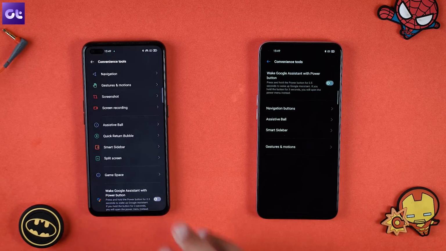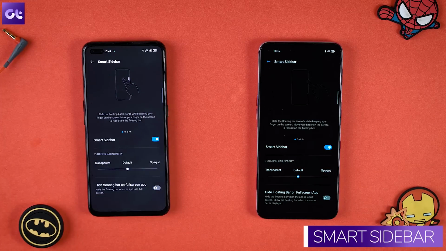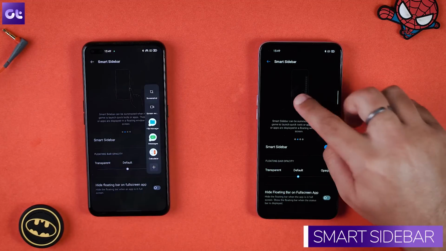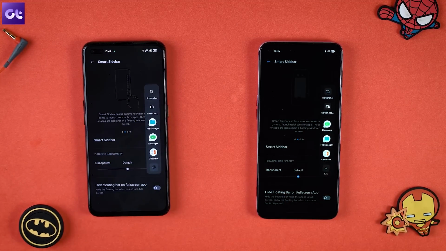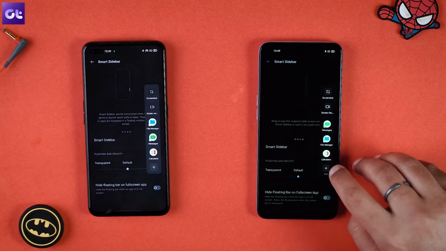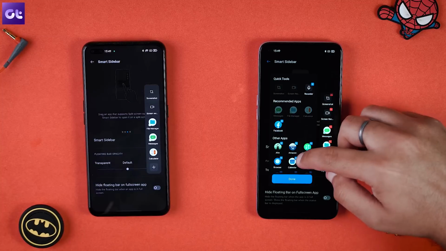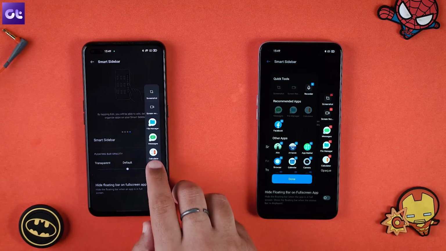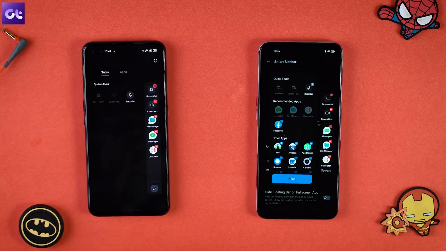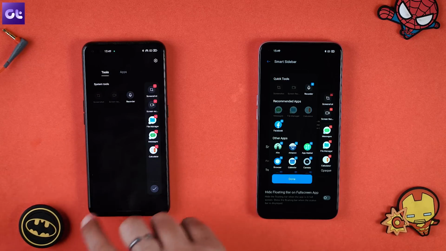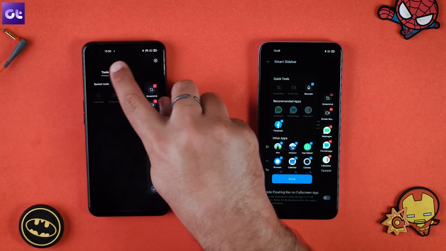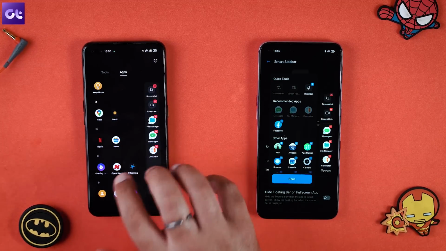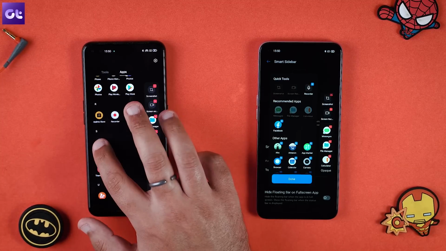Now moving on, there's the smart sidebar, which a lot of viewers absolutely love. And while the overall functionality remains the same, what's new here is the ability to change or add apps and actions to the smart sidebar. If you see in Realme UI 1.0, if you had to add actions or apps to this, a whole list was showcased here. With Realme UI 2.0, they've just made it a little easier. There's a transparency going on in the background that makes it a little more appealing to use. And there's a different option for tools and then apps. So you can easily add them. And they're also grouped alphabetically, so it's quite easy to recognize which app you want.